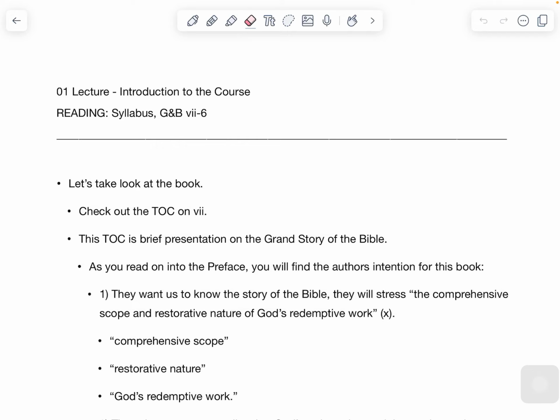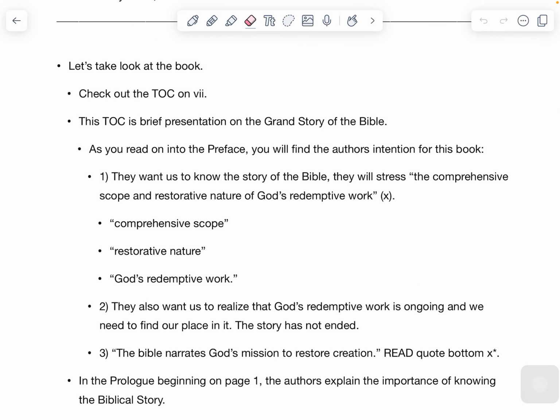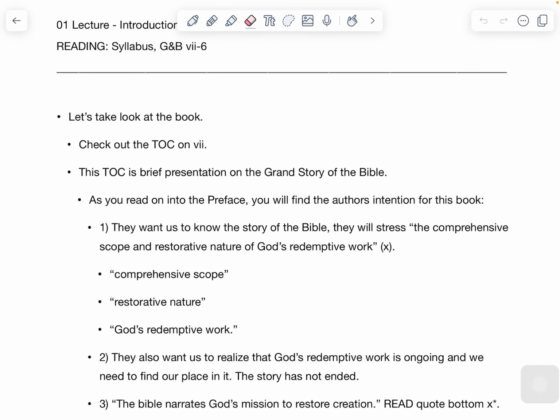I do want you to read the preface to the book. I've assigned it. Both the preface and the prologue are important parts that you need to know. When you read the preface, you find the author's main intentions for this book. They number them almost like a 3-point sermon. They want us to know the story of the Bible. And they're going to really stress the comprehensive scope and restorative nature